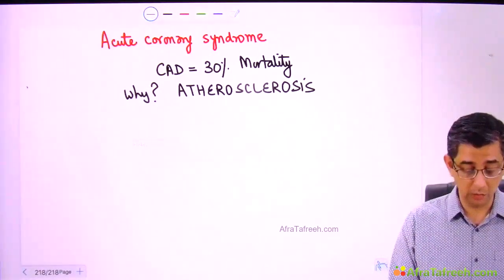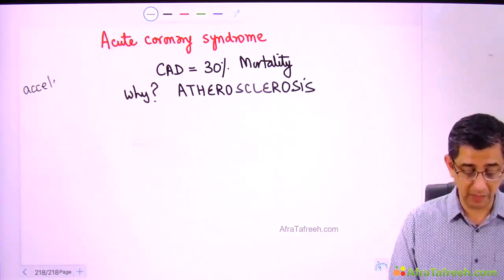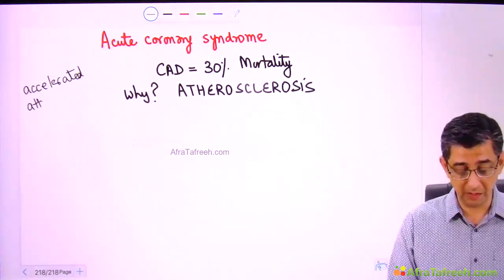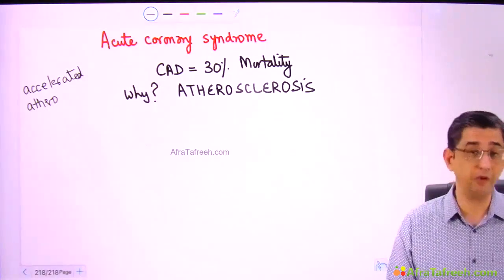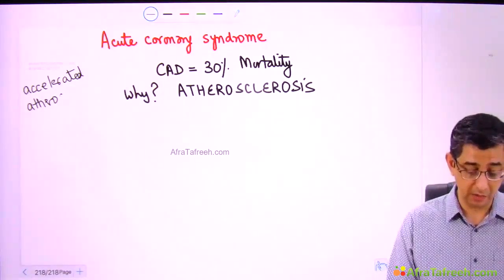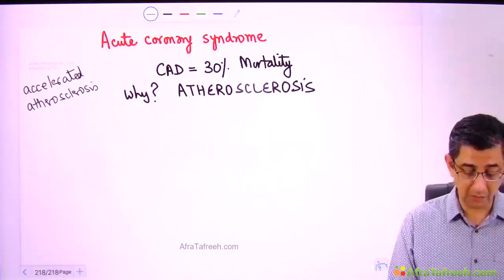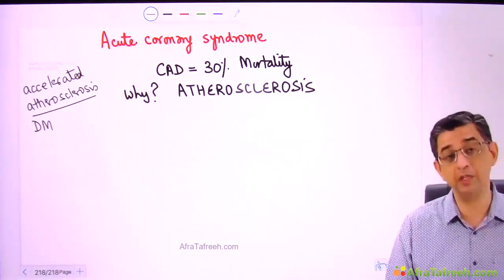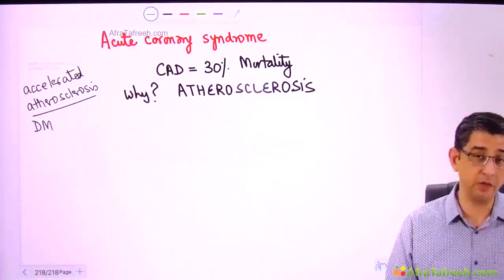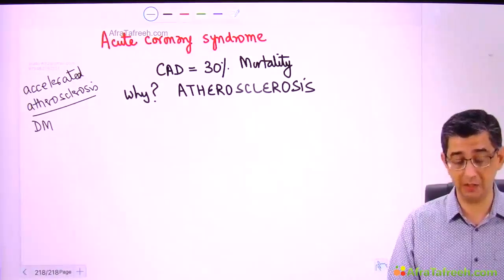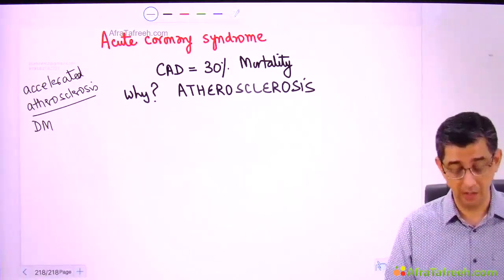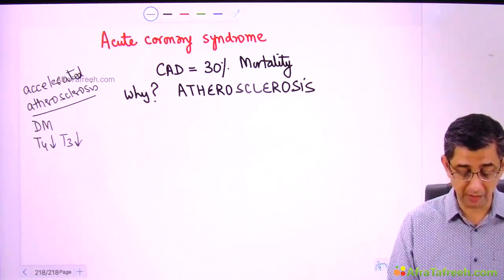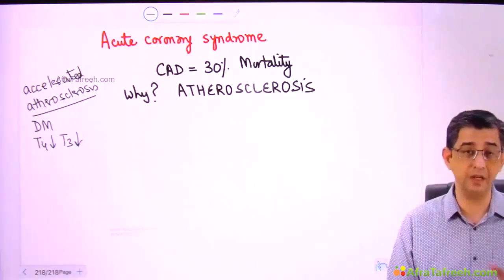So this is one of the biggest killers in the world that we are going to talk about. And I also want to say this term at the moment, accelerated atherosclerosis. Accelerated atherosclerosis implies the disease can develop as early as maybe 40 years of age, sometimes even younger. It can not only be seen in people with morbid obesity, but even when you listen to me talking about diabetes mellitus patients, there are macrovascular complications that occur and contribute to death, which is coronary artery disease. Apart from this, even in the hypothyroidism topic, I will say the words accelerated atherosclerosis, which implies that the disease is occurring relatively early.